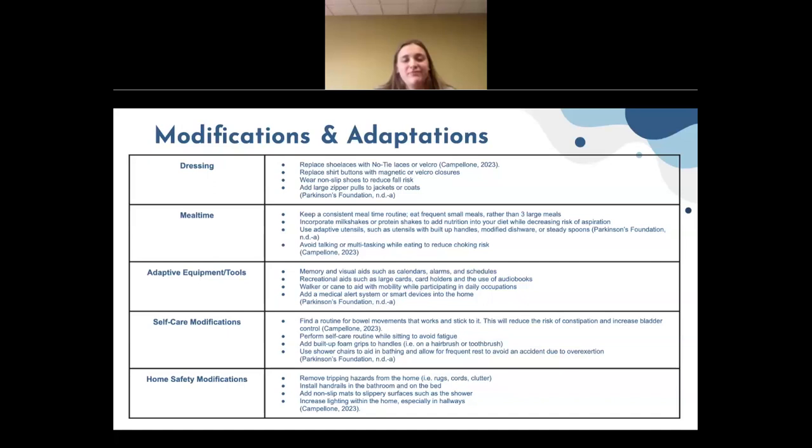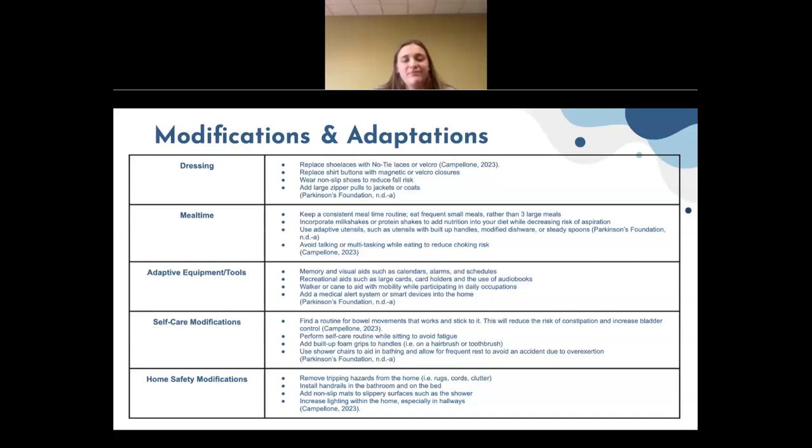So within dressing, it becomes a lot of adapting the clothing that you're wearing. So replacing shoelaces with no-tie laces, replacing shirt buttons with magnetic or Velcro closures, wearing non-slip shoes to reduce the risk of falls, and then adding large zipper pulls to jackets or coats. And with these modifications, it's just going to increase ease of getting dressed with the tremors and the motor difficulties